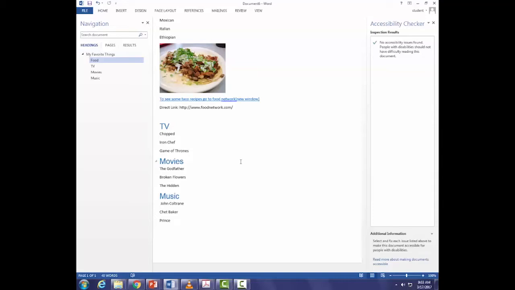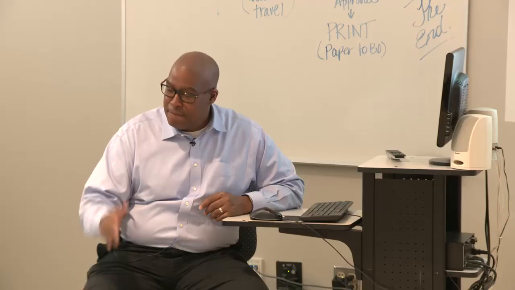Okay, that's the way you make an accessible hyperlink instead of just http://www.foodnetwork.com/. It's really annoying to listen to with the screen reader. It'd probably be a good idea if some of you would just, in your spare time, use a screen reader for a day or so, or just an hour.